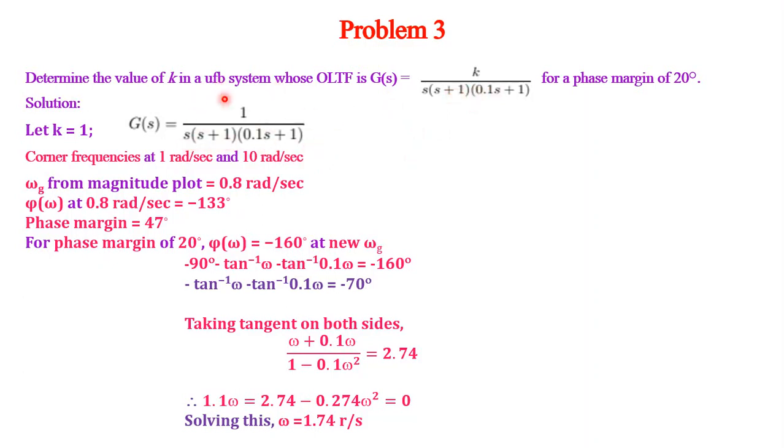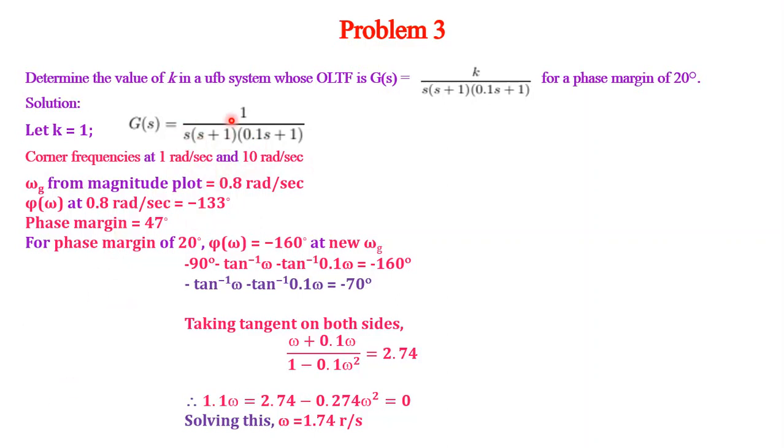Before that we should see whether it is in time constant form. Yes. So this is 1 plus s, 1 plus 0.1 s. So 1 radian per second and 10 radian per second are the corner frequencies. So we will see how to draw the Bode plot.